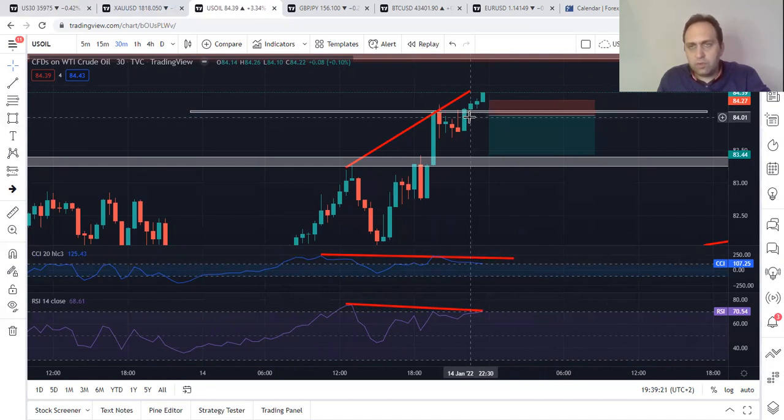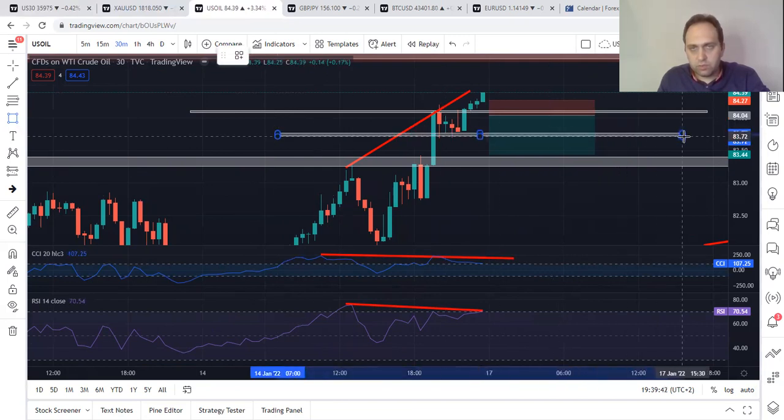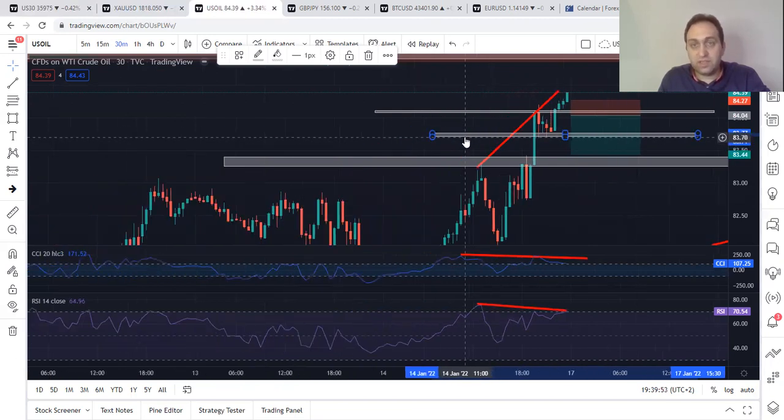84 sell, 83.90 TP1, 83.80 TP2, and here we have a second support which is also very important to break it. كتير مهم كمان تاني support on X-Row. Once it breaks it, we have like target until 83.44, but this is a retracement.